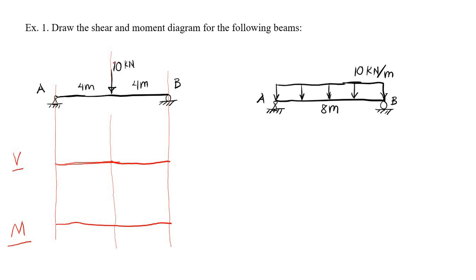So this is a 10 kilonewton load, which is at mid-span. Therefore, since this is evenly distributed to either support, our reactions here should be 10 divided by 2. We have 5 kilonewtons going upwards. Likewise, this reaction is 5 kilonewtons going upwards. So when we draw our shear diagram,